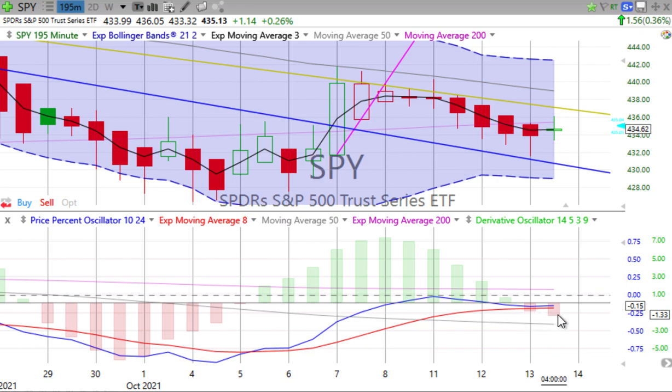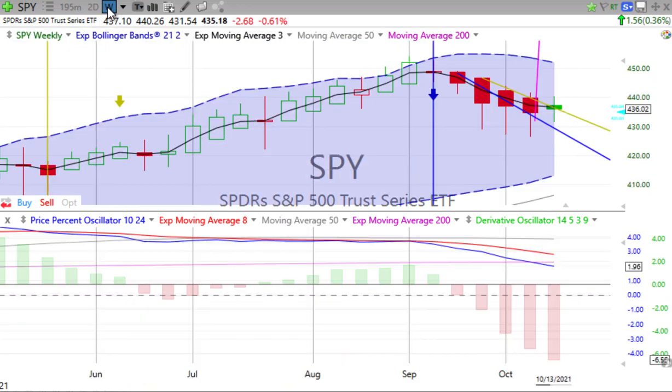Now, we did have, throughout the course of the day, the derivative oscillator continue to gain downward momentum. So we'll keep an eye on things and see if that movement down on the S&P, our shorting possibilities, continue. We'll continue to watch again. Always in effect, your profit bands, your loss bands. At this point, if you jumped into that two-day recross, it has been very, very good to you. So do pay close attention to what's happening on the weekly and the two-day if you're still in that short